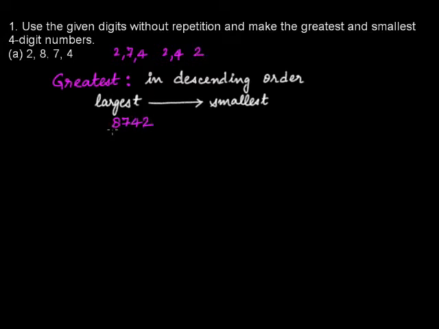So see, 8 was the largest. Yes, 8 is the largest here. The smallest is 2. Of course, smallest is 2. So we have arranged in descending order, and that will give us the greatest number. Now, for the smallest number,